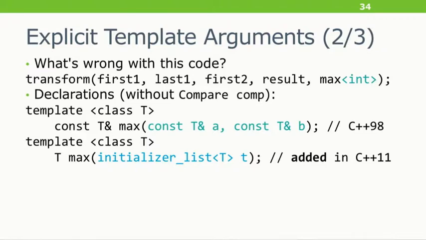But it is a single template argument overload. And when you say something like max<int> in C++11, the compiler says, oh, I could form the signature max taking const int& and returning const int&. And I could form the signature max taking initializer_list<int>. Now, because there are two signatures, the compiler, again, doesn't know which one you want, and it's ambiguous. All because a completely independent overload was added that just happened to have a single template argument.